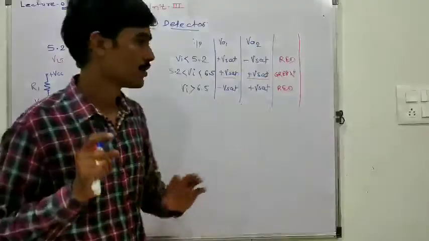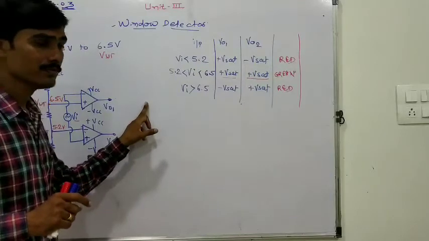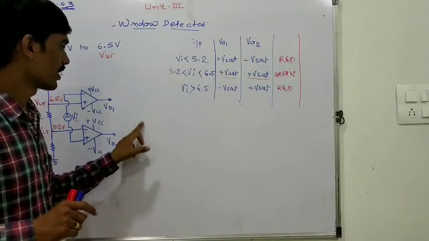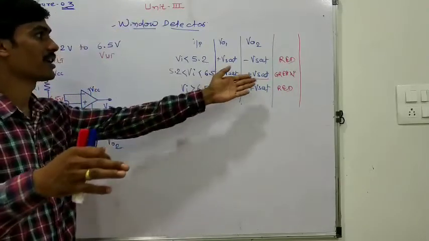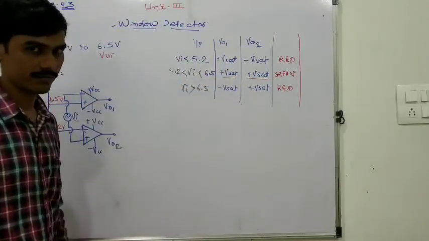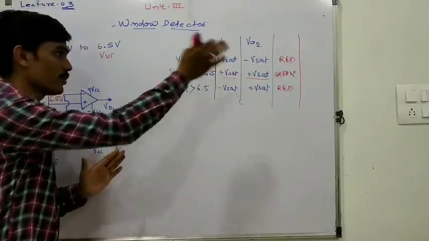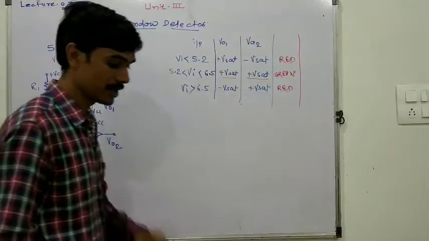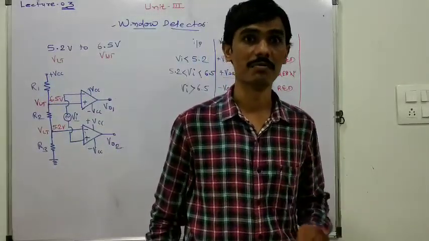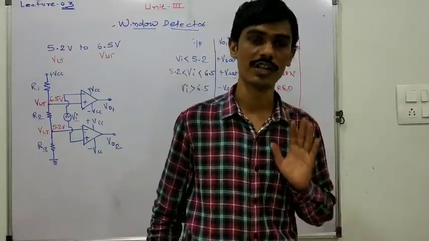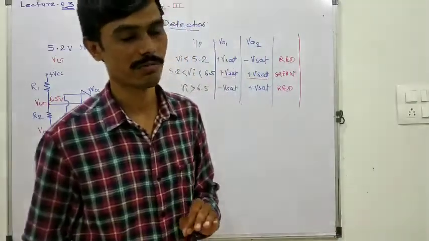So ultimately here we have to connect one AND gate, and the output of the AND gate must be connected to the green LED and red LED. So that is nothing but the second logic. But up to this we have to use the AND gate, and the supply provided to the AND gate is not plus minus Vsat, it must be 5 volt, because this is a logic gate, a digital circuit, and a digital circuit requires a 5 volt supply.